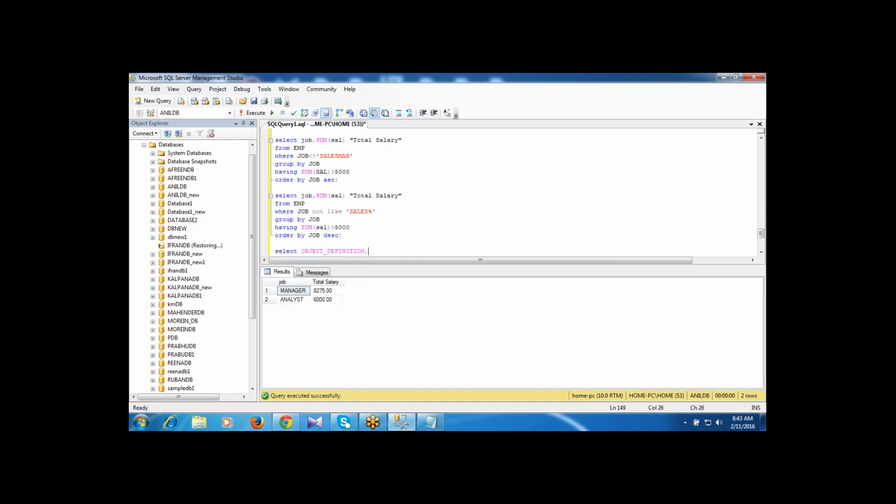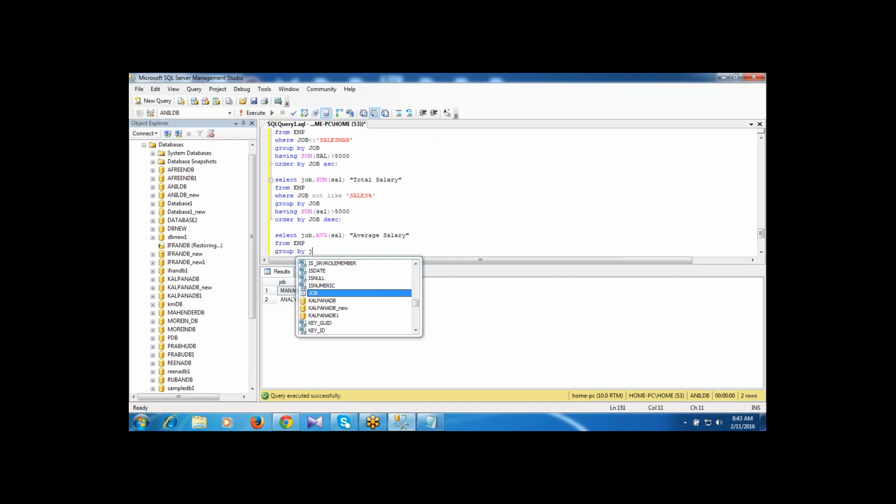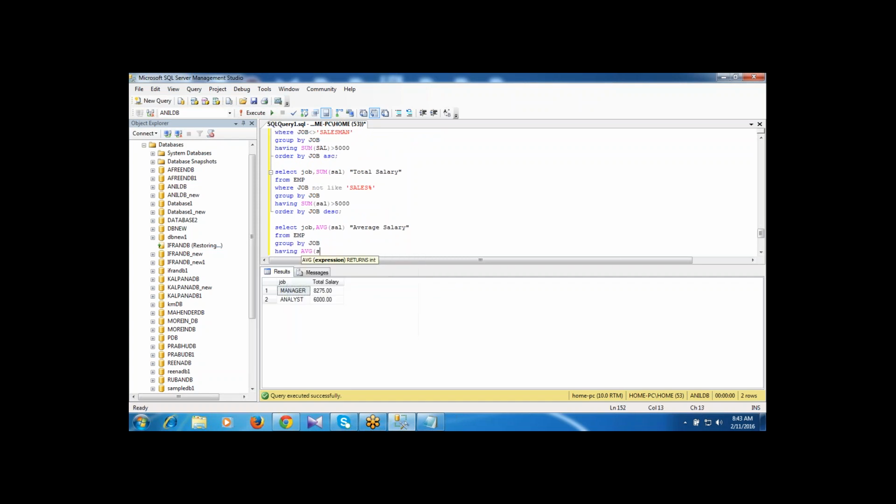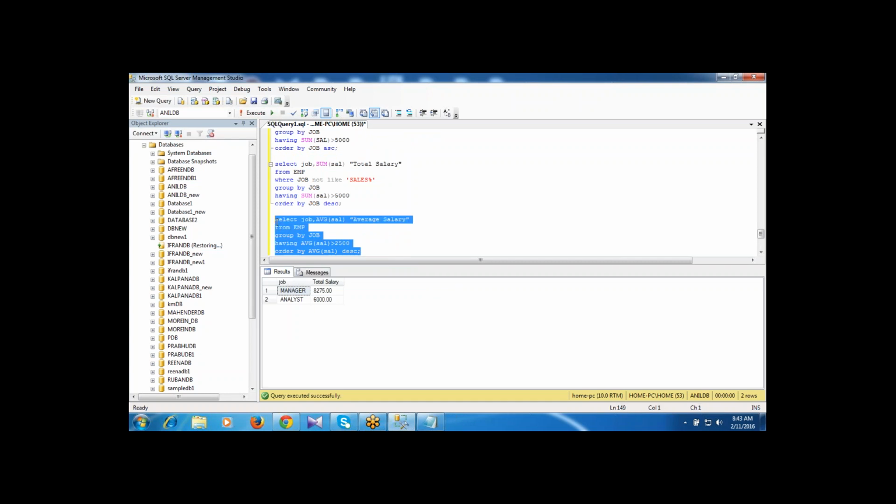Here I am writing select job comma the average salary from EMP group by job having the average salary is greater than 2,500 order by the average salary descending order. This one.